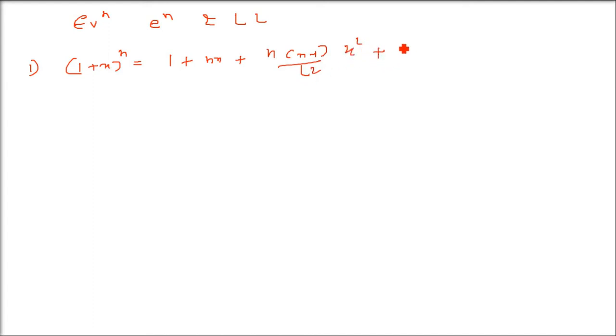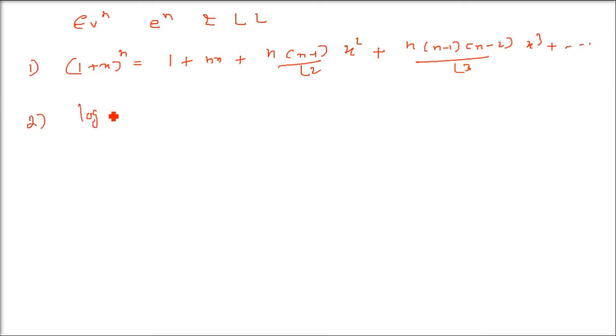Now coming to the evaluation of exponential and logarithmic limits. We will use the expansions. If the expansion is known, then only you will be able to solve this. You don't need to learn by heart, but still you need to know a bit about this. For example, 1 plus x to the power n. We'll use the direct result, but just have an idea about this. It is 1 plus nx plus n(n minus 1) by factorial 2 x square plus n(n minus 1)(n minus 2) by factorial 3 x cube, then n(n minus 1)(n minus 2)(n minus 3) by factorial 4 x to the power 4, like this.